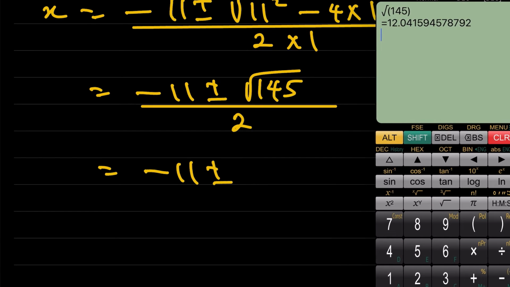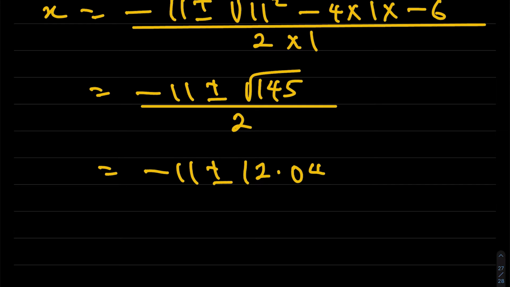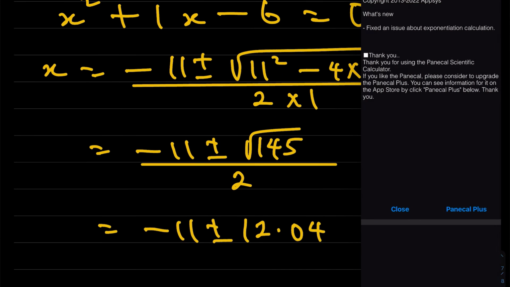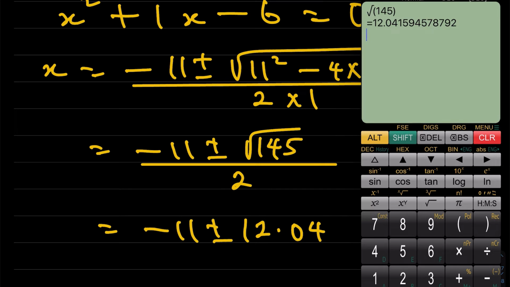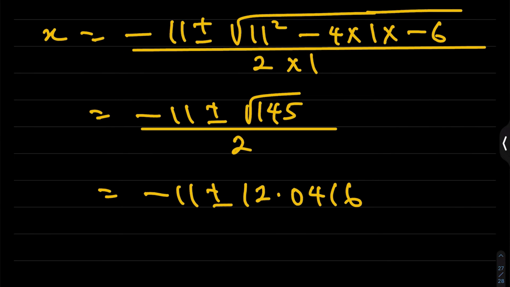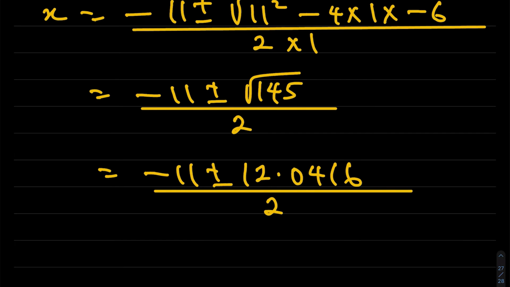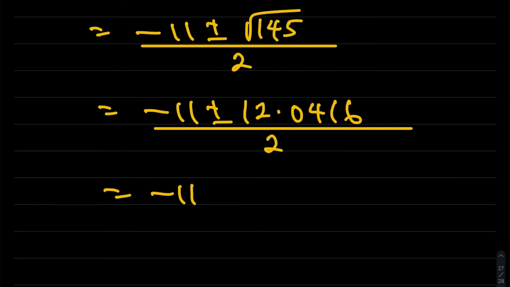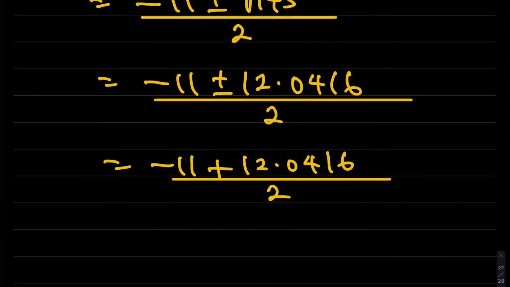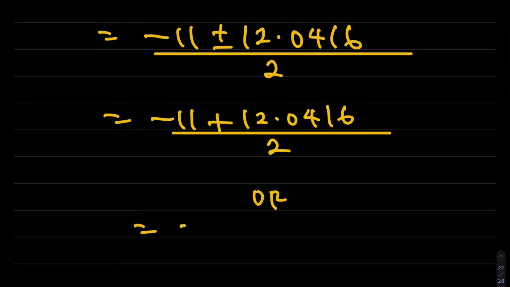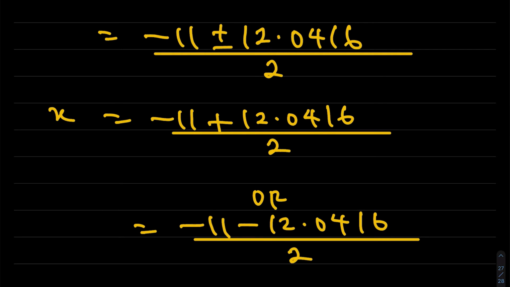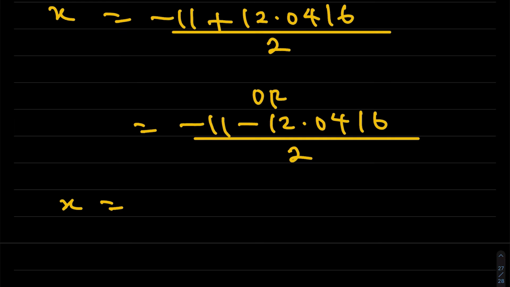That's 12.0416. Let me write it that way for more accuracy, all over 2, which simply means x equals minus 11 plus 12.0416 over 2, or x equals minus 11 minus 12.0416 over 2. So that simply means x equals, let's do the first one,